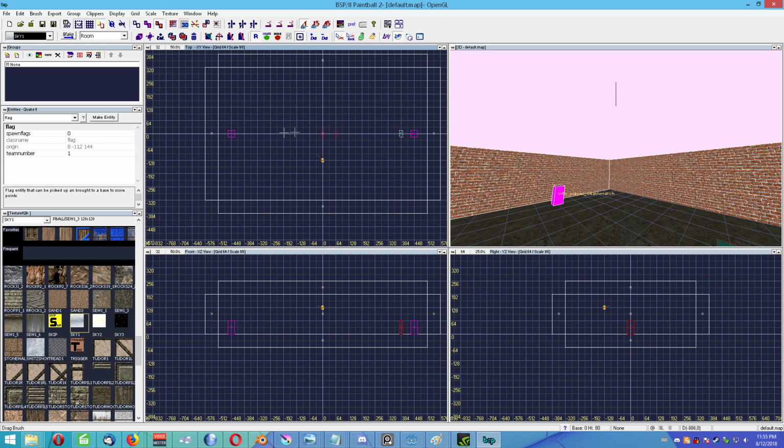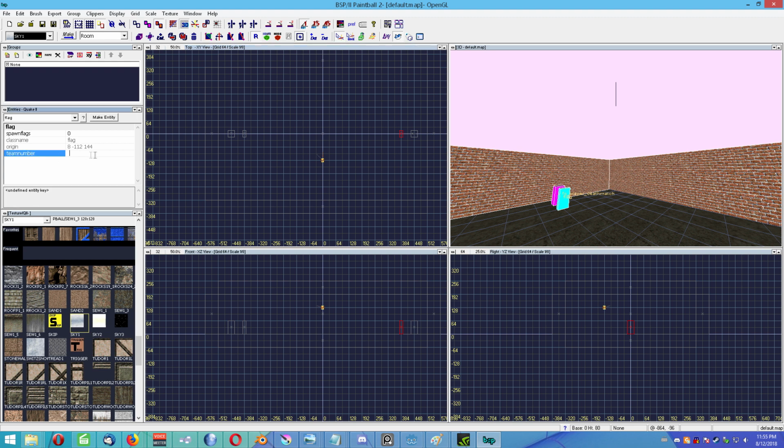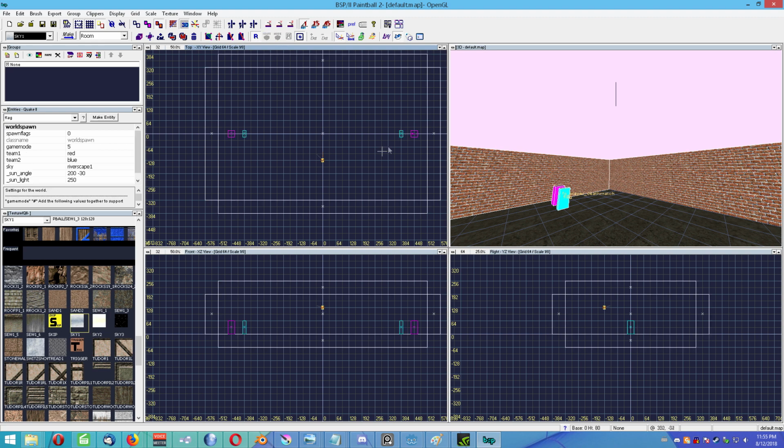Whoops, I didn't have that in the right window to duplicate. So hit escape to deselect everything, make sure I've got the correct thing selected with shift click. If I want to select anything in the 2D view, use shift click, because regular click is used for dragging and moving. And so this should be team number 2. Looks like I may have not set the correct team. Okay, not sure how that got unset, but anyway, we've got flags for team 1 and 2,